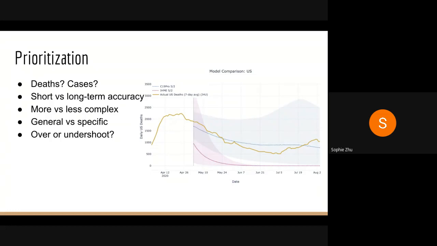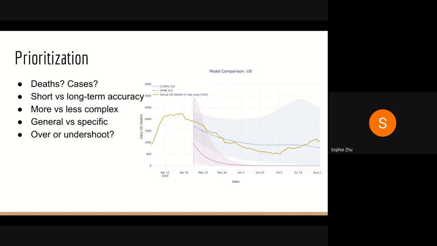You also might want to think about more or less complexity. As you get more complex, you are making more assumptions, you are having to spend more time making and calibrating that model. Or, you might want to look at something more general or specific. Again, maybe if you're a government, you want something that applies to the entire country of the United States. And if you're a local health jurisdiction, maybe you want a model that is specific for Montana or specific to